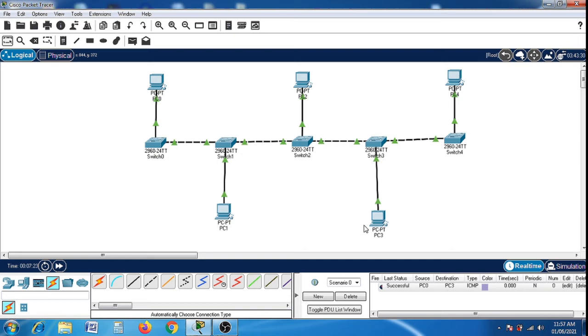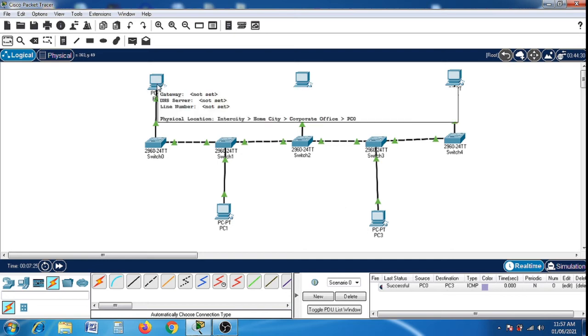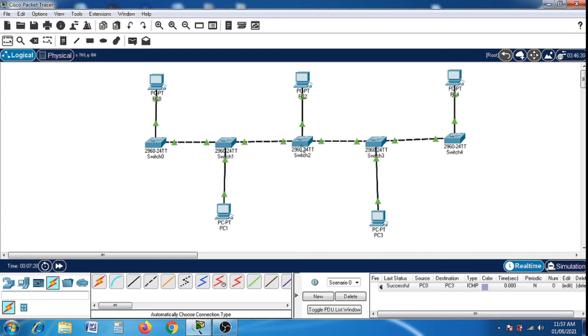I just drop it there. So that means this packet is going to travel from this PC0 to switch 0, then switch 1, then switch 2, and then switch 3, and then it will deliver to PC3. So as I have just created or designed the message, look at here, the scenario is also created successfully here. Okay, that is source is PC0 and destination is PC3 using ICMP protocol. Now the connection is established, the message is also set. Now go into the simulation.